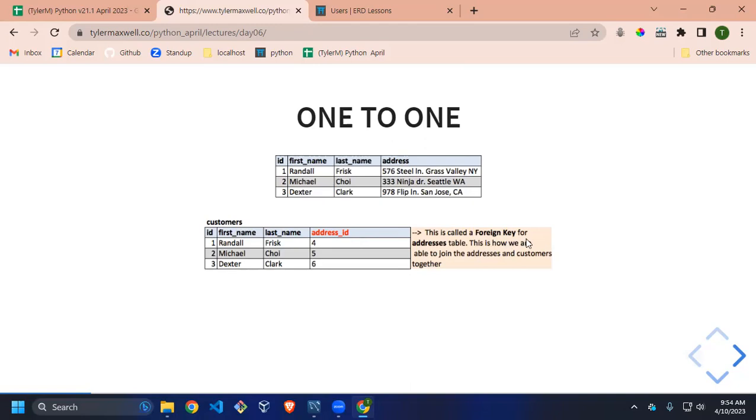Okay, so this is what's known as a foreign key. If something belongs to something else, then it has a foreign key. So if an address belongs to a user, then the address is going to have a foreign key representing which user it belongs to. Okay. So the address ID,